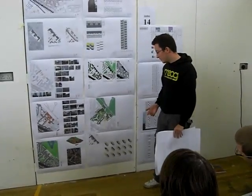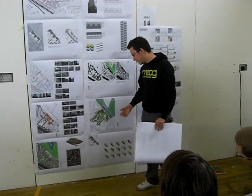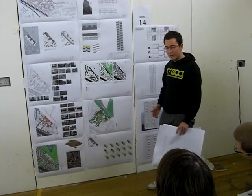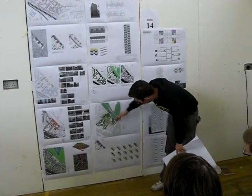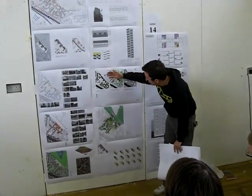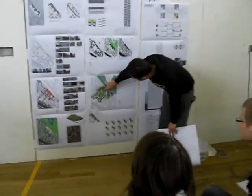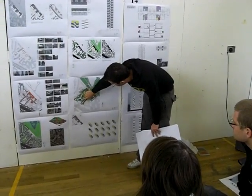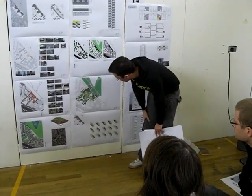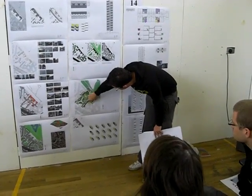It increases foot traffic, you've got a variety of people walking through, it reduces crime, just having people walking around, it becomes a more comfortable environment. And again, having these private gardens, I wanted to give the tower flats and also the other flats at ground floor level their own gardens they can tend to, their own private gardens, and I've tried to rationalise the footpaths